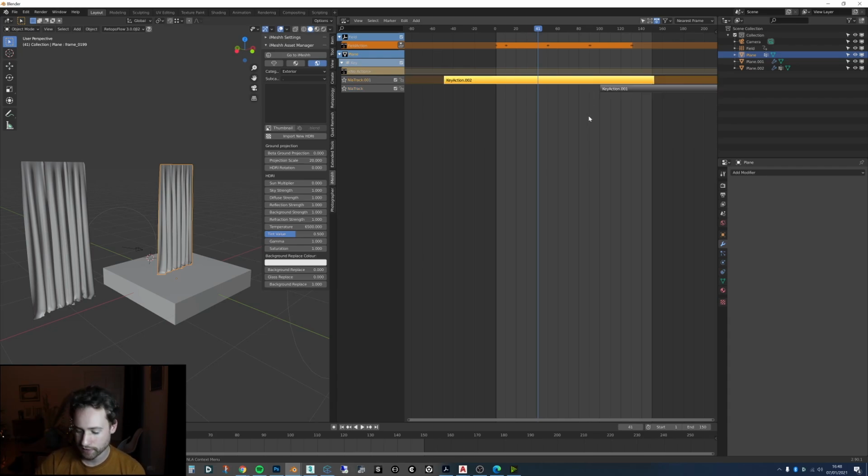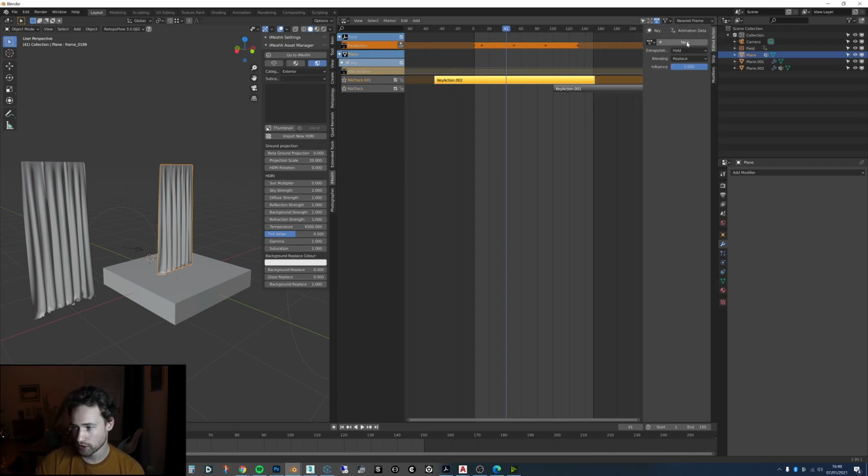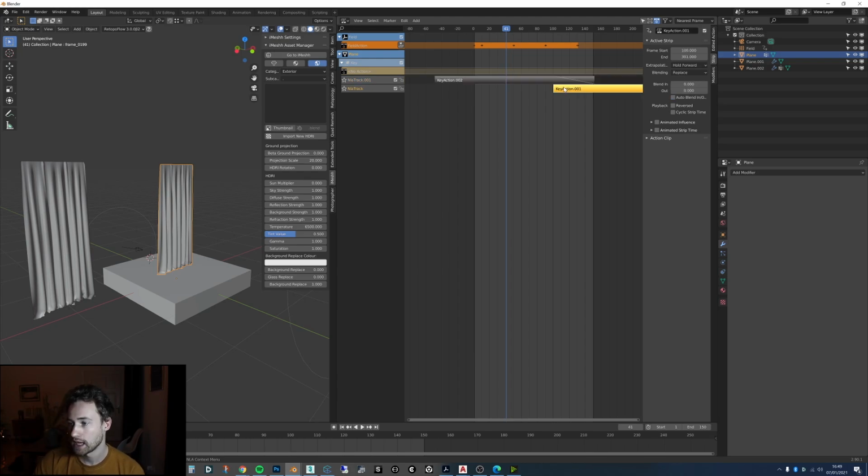Now we want to blend them somehow. So if we press N and select the first one, which is the top one, and set that to combine under the active strip, and we click auto blend, you can see that it's added a blend, and then that will start turning off that one before it turns on the other, and we want that one to have the same. I found we don't need to change this. This can be as it is, but we just need to set this to also auto blend.